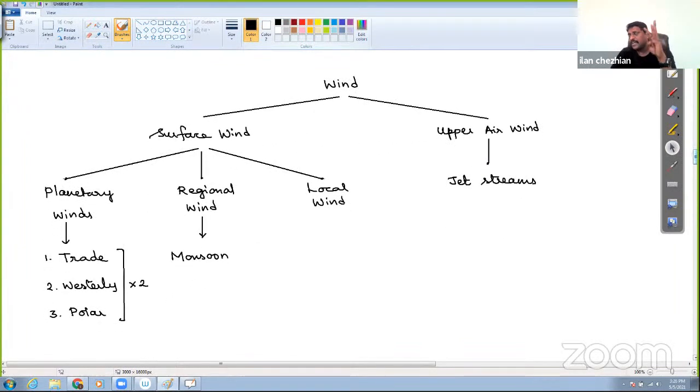Okay. See, we are going to spend more time in wind. Local wind alone I will be taking in one class. Monsoon in another class. Right? Jet stream, planetary winds, regulators of the wind, say for example, in half a class. Somewhere, right, we need at least 4 to 5 hours to cover only the concept of wind. Okay, wind is very important. That's the reason I'm telling you 4 to 5 hours only we are going to concentrate on wind, my